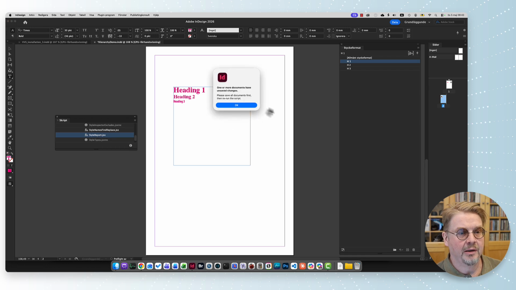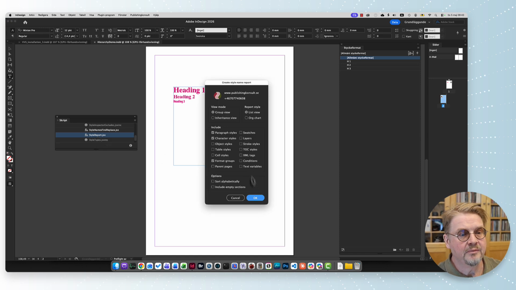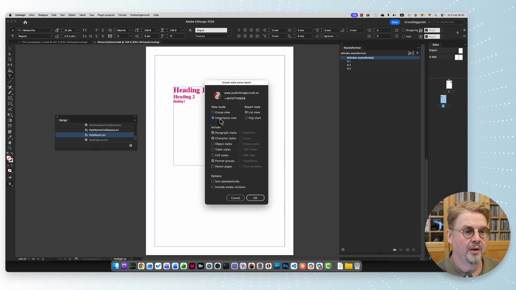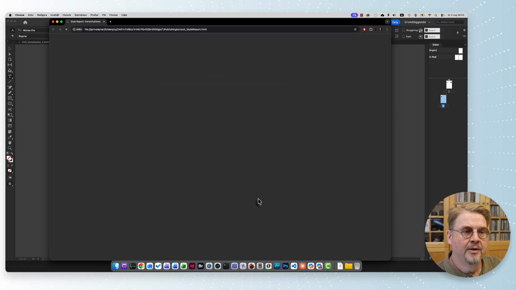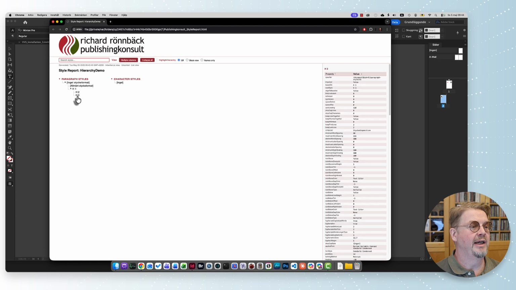So when I click on it, it gives me a control to make sure that the document is saved and so on for security reasons. It gives me the option to create this report in two different modes. Let's choose Inheritance Viewer. And we choose paragraph styles, character styles, and we also have some other options. So when we run the script, it creates the report and opens the report automatically, and it shows us the inheritance chain here,